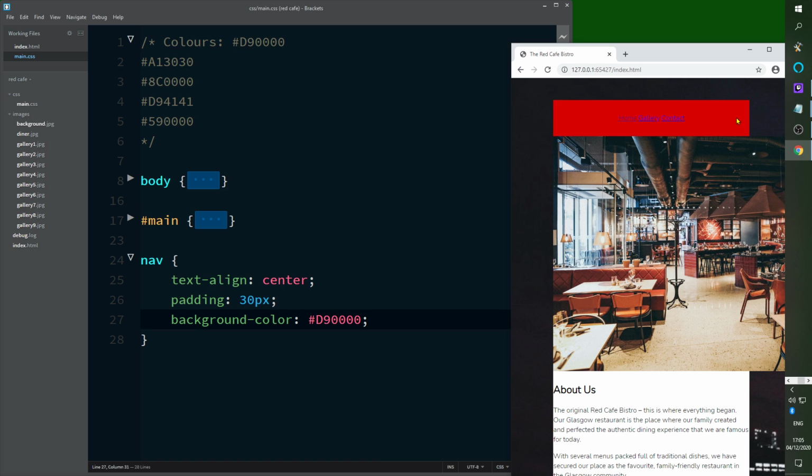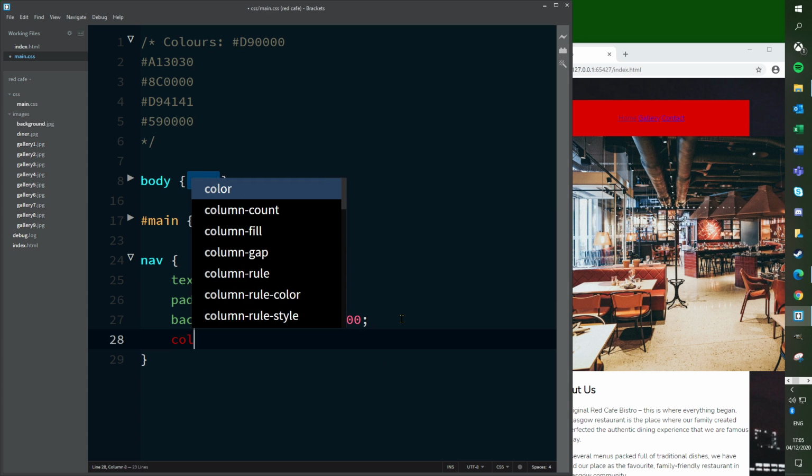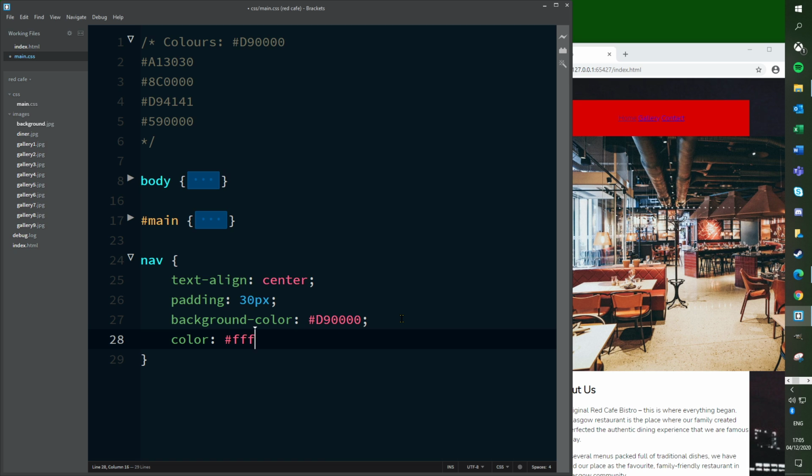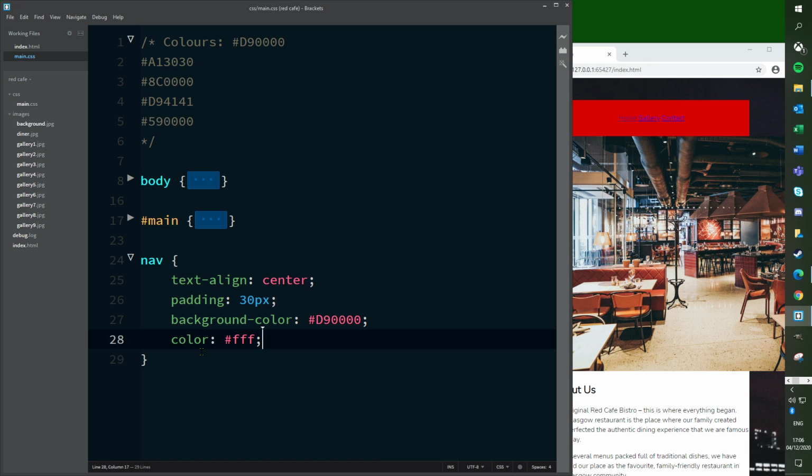There we go. That's not bad. It's getting there. And my font, sorry, my link colour isn't perfect, so I'm going to make my link colour white. So that's FFF for white. Okay, it didn't take it. I don't know why it's not taking it, sorry, being daft. I'll do that in a second. So, again, that's the nav section, red and centred, and got a bit of breathing space around it,